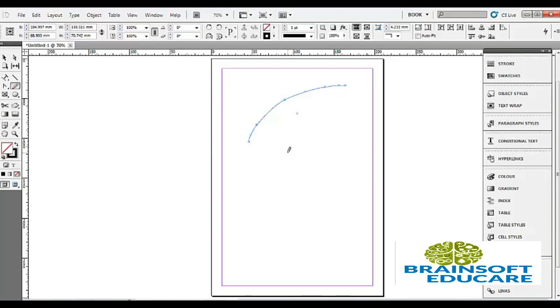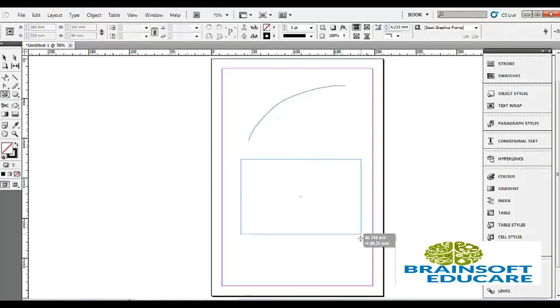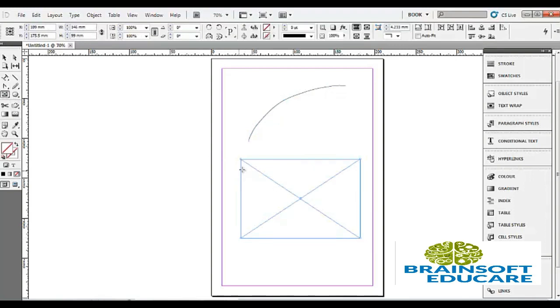It is used to remove excess angles from a path. First of all, we draw a rectangle, then select the smooth tool,